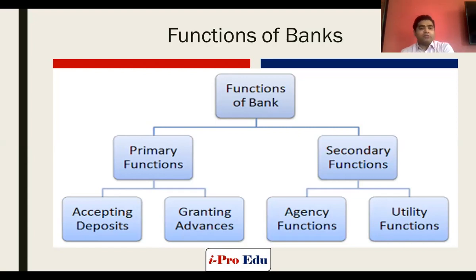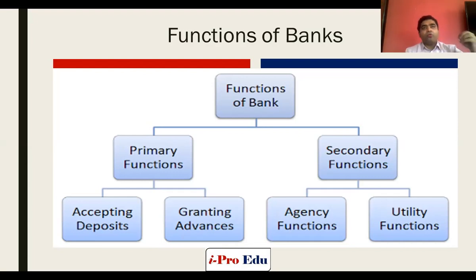There are a few other functions which banks provide to their customers, which can be called secondary functions, as those are not the core functions of the bank. Again, secondary functions can be categorized into agency functions and utility functions. Agency functions are those where the bank acts as an agent of the customer. For example, if I have instructed my bank to pay a certain amount to a person,